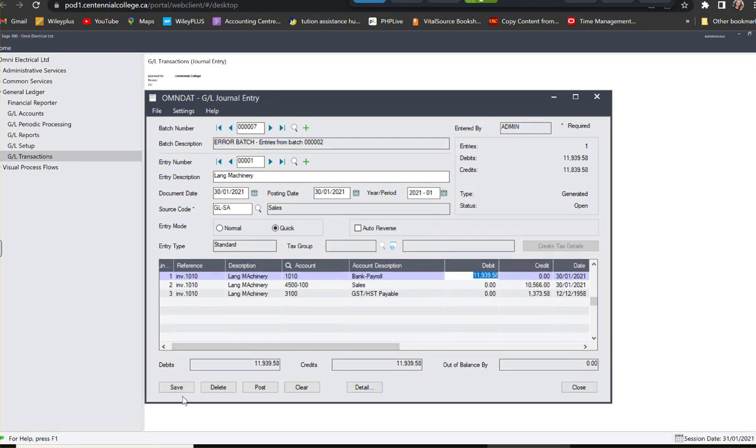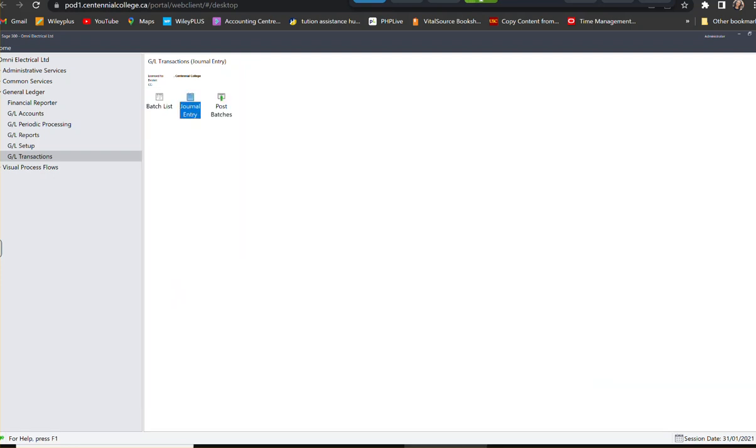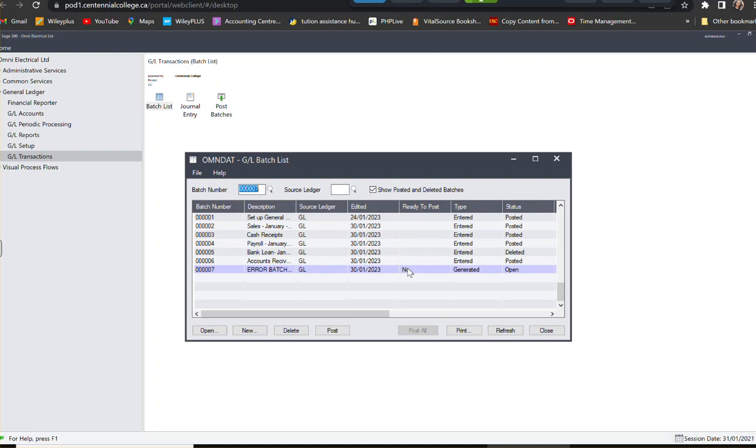You could save it, click close, and now it's not balanced anymore. Now we're going to process this batch. That is done the same way. I'll just save it and close it, and then we're going to go to our batch list. And if I go to this batch list, this one, now what I'm going to do is